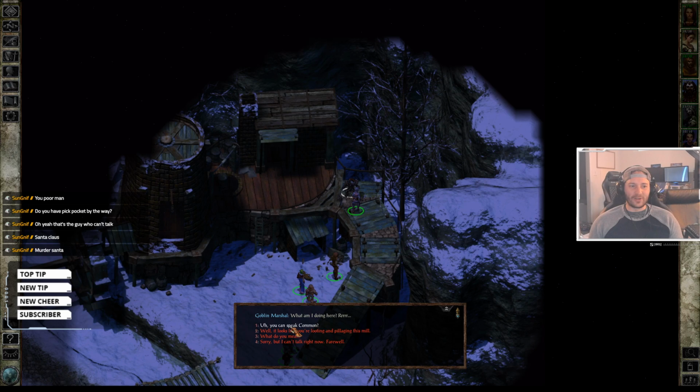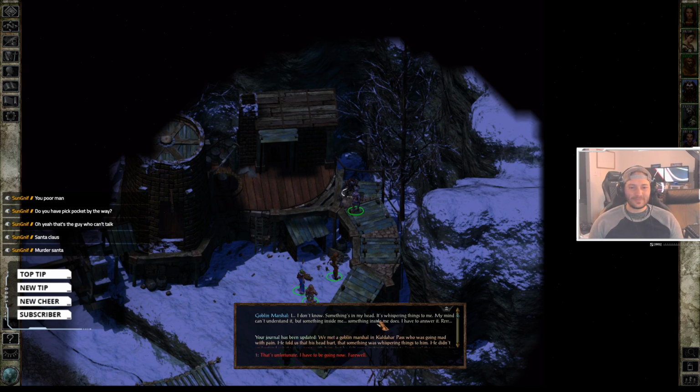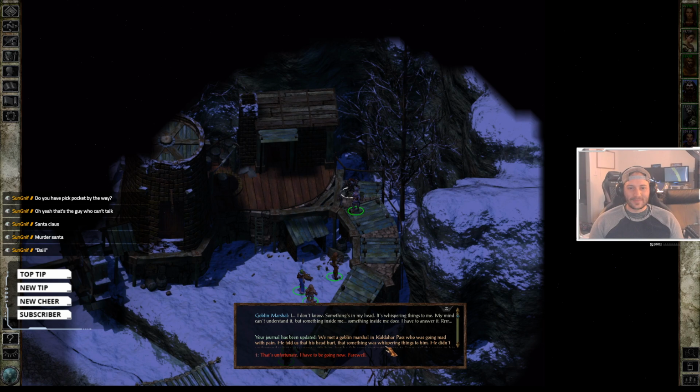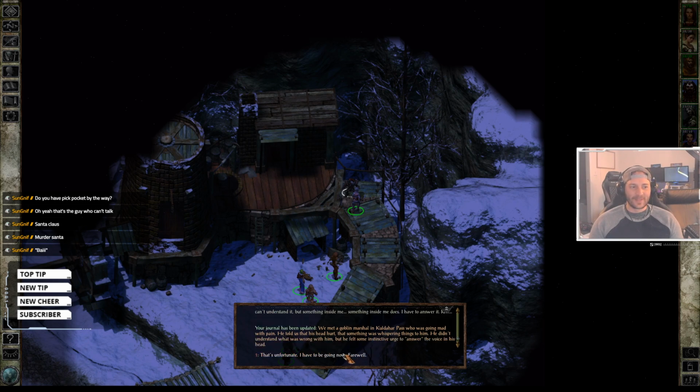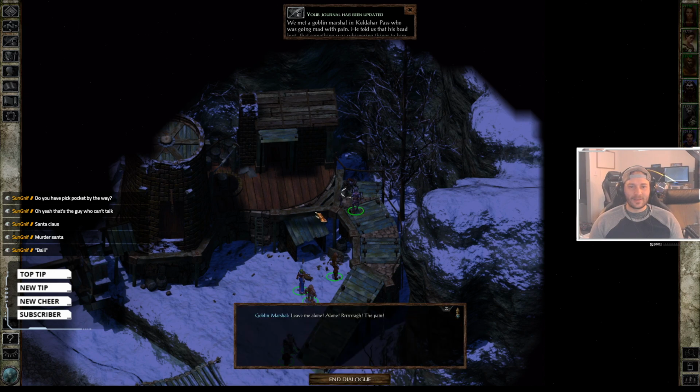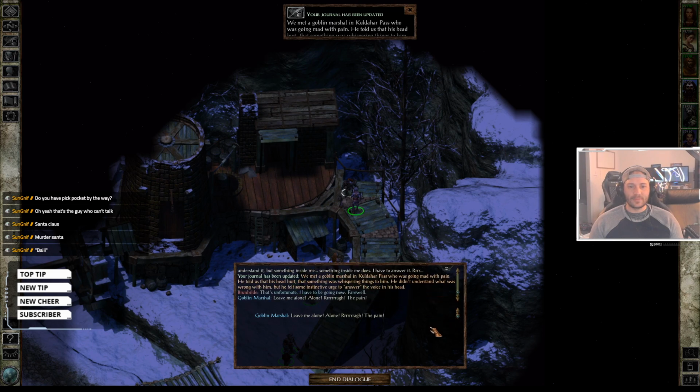I feel like "you can speak common" is the correct response to a goblin talking to you. What is the buzzing in my head? I have to be going. Good luck with your head problems. What's wrong with you? He's going mad with pain. He told us that his head hurt, that something was whispering things to him. Bye! Have fun storming the castle! Mind can't understand it, but the inside of me understands. My mind's telling me no. Can I piss him off? No. He just keeps telling me to...